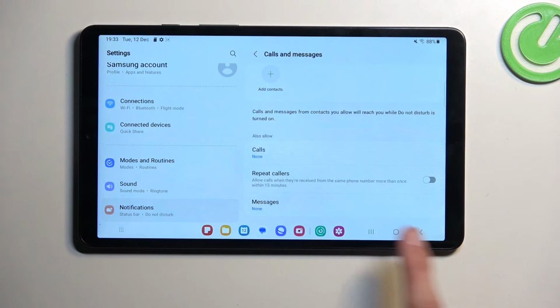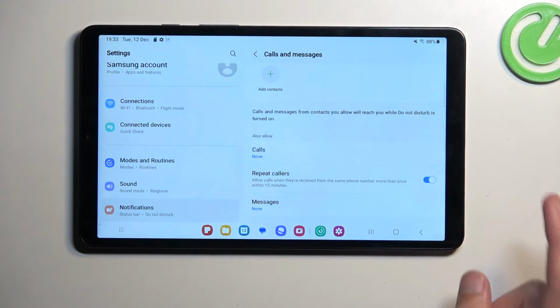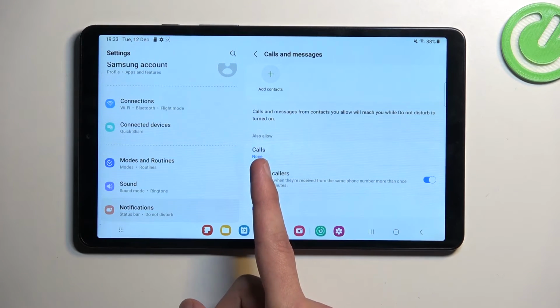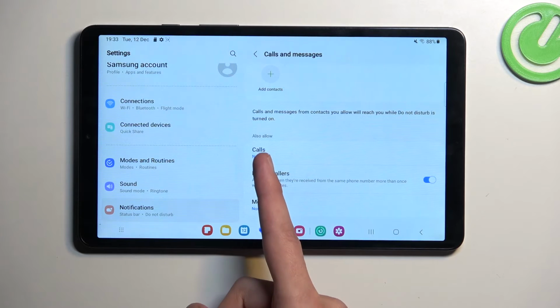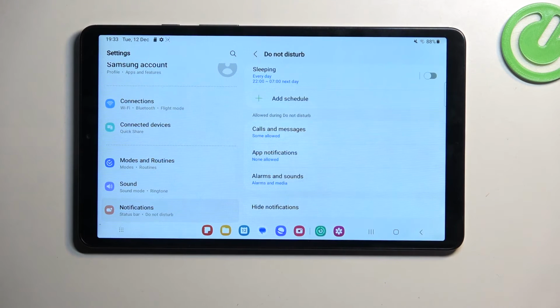And calls do have an additional option with repeated callers, so if someone calls you twice within a 15-minute period, if this is enabled, they will be bypassing the option that you have selected right here. So technically no one should be able to call me. If they meet the requirement, they will bypass this and the call will go through. Though this is a tablet, so I'm not exactly sure how that works with calls. In any case,